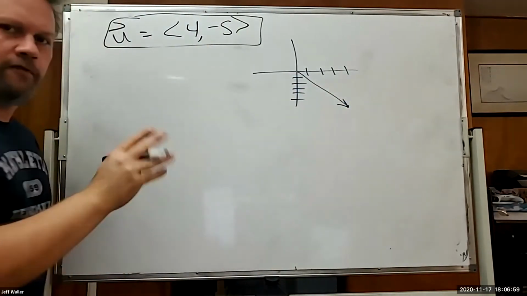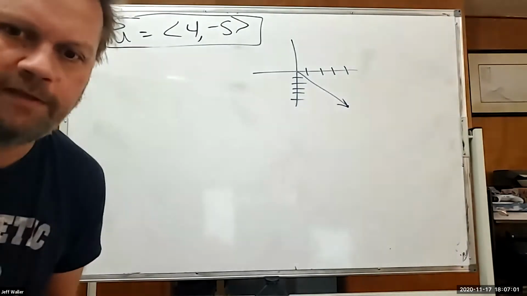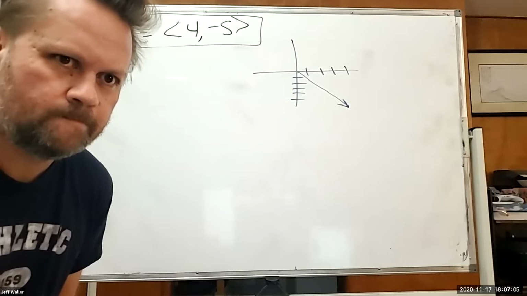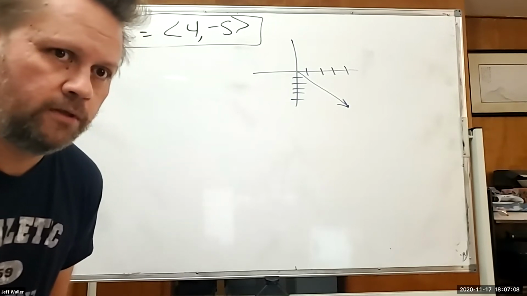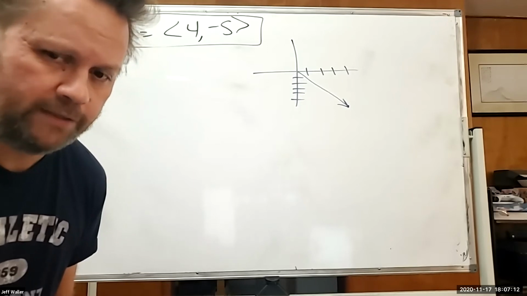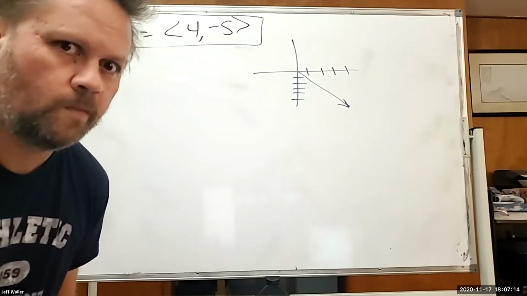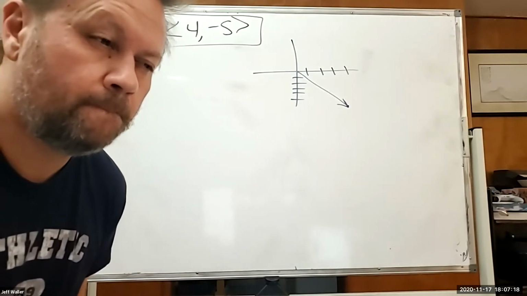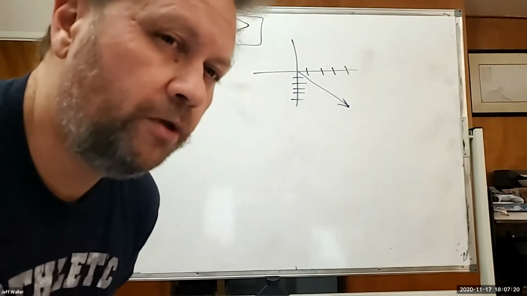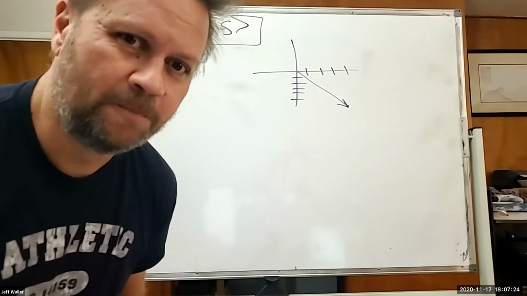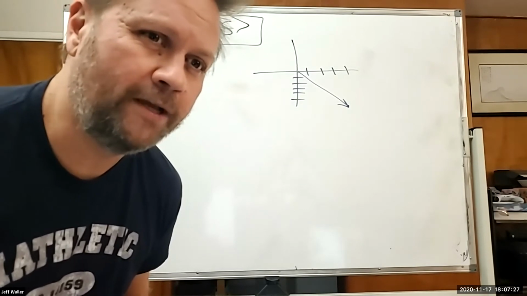Is that a unit vector? What's your gut instinct say? Is that a unit vector? Think like unit circle. And I said unit vector earlier. It has to be a vector that has a length of what? A unit vector. Unit circle has a radius of what? The unit circle has a radius of,